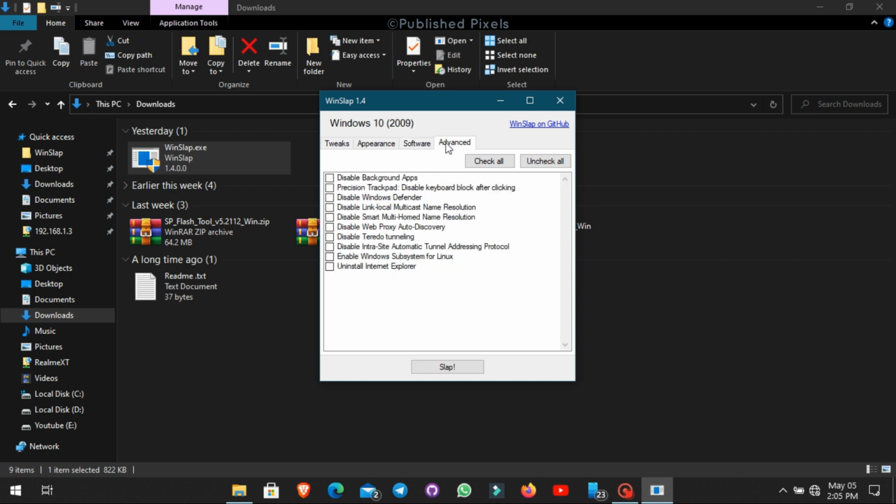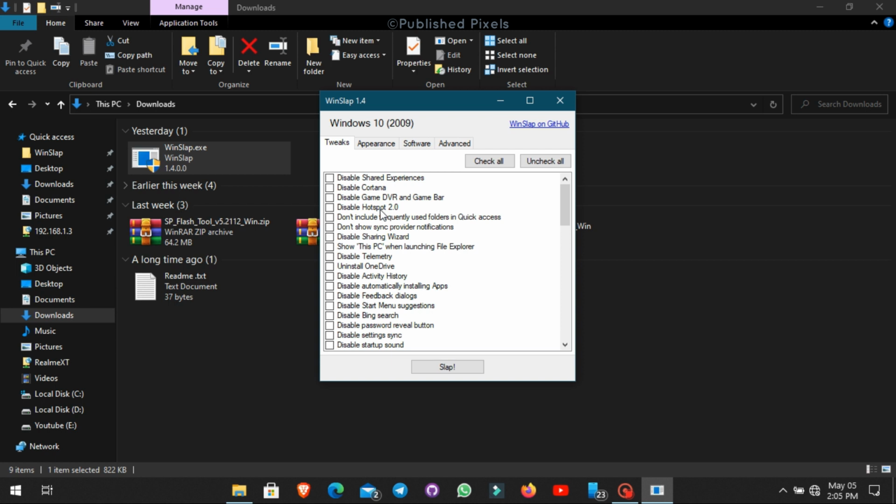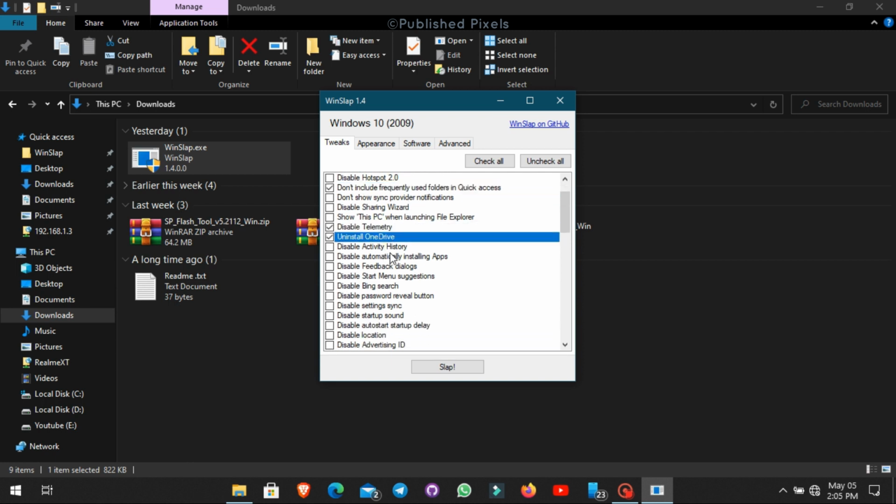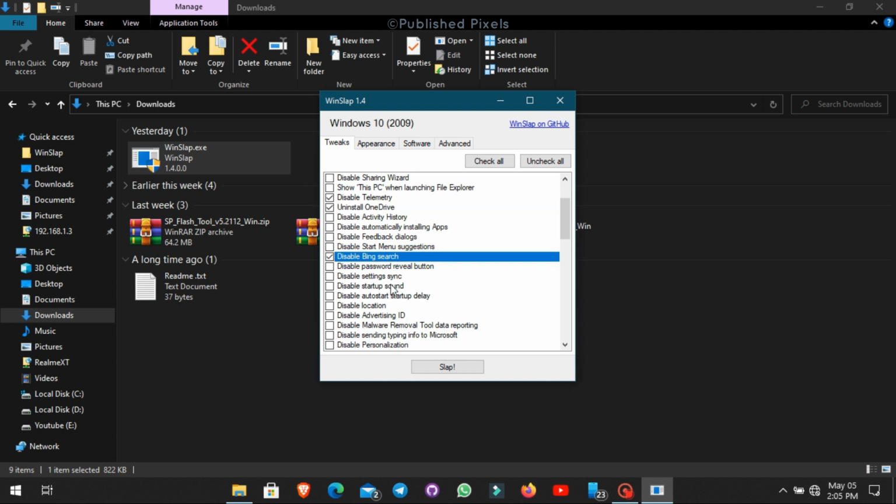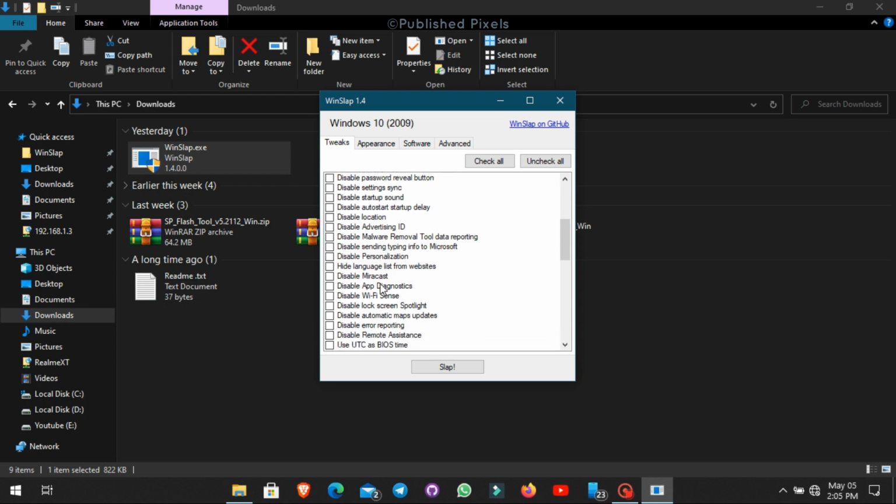In tweaks, you can see there is some really useful stuff which we can disable by clicking on the checkboxes. For instance, I want to disable the shared experiences, Cortana. You can also disable game DVR and game bar. Also, it has an option not to include frequently used folders in quick access. We also have don't show your sync provider notification, disable sharing wizard, we have telemetry, OneDrive, and all those other types of features that you have to go through on a regular basis when you update Windows 10. You have to go back and disable this stuff every single time,